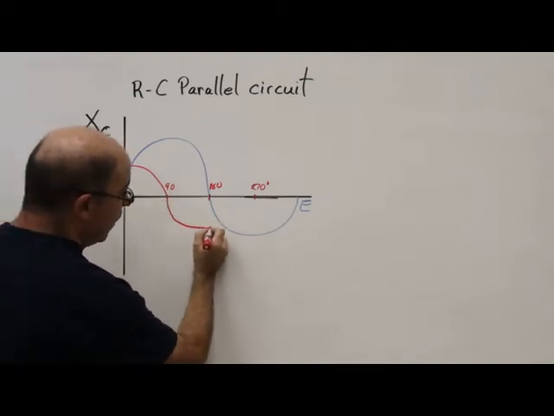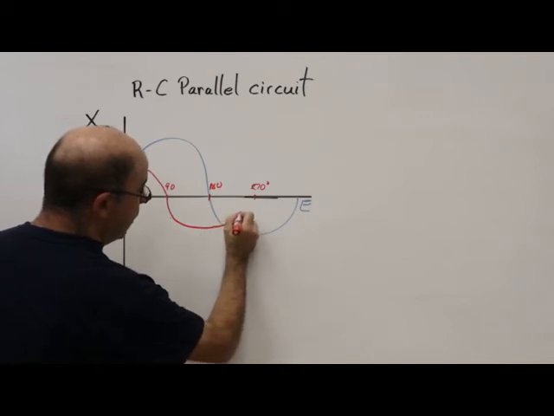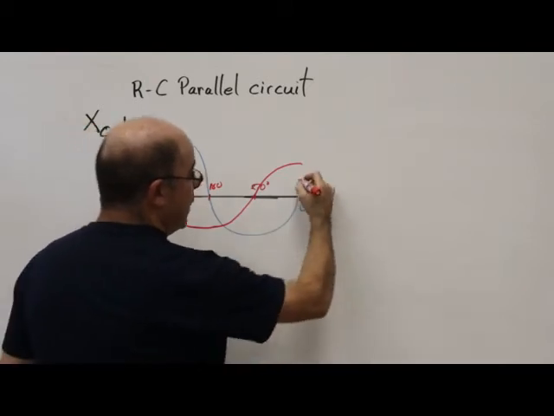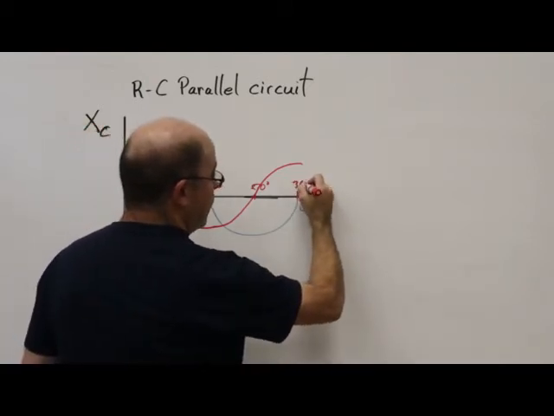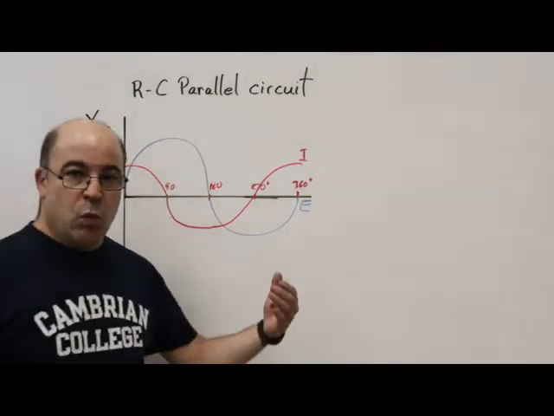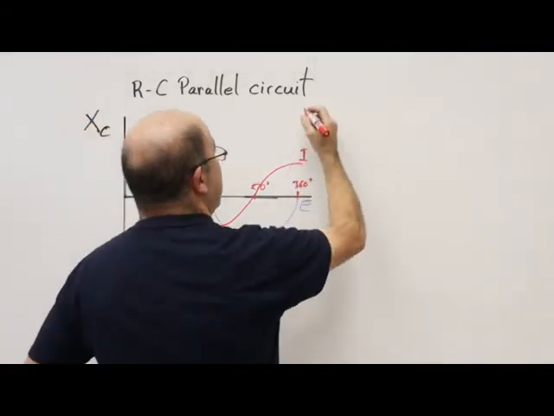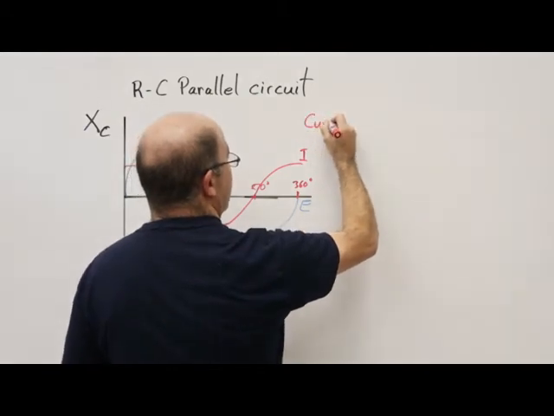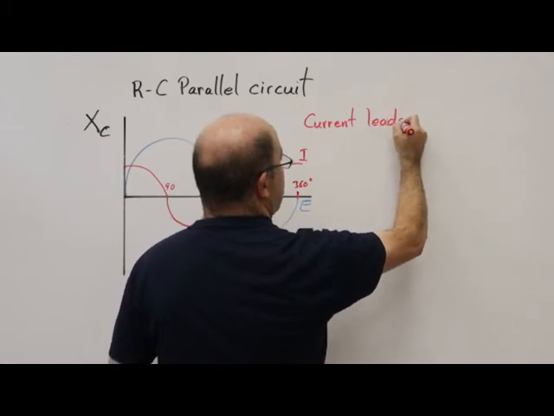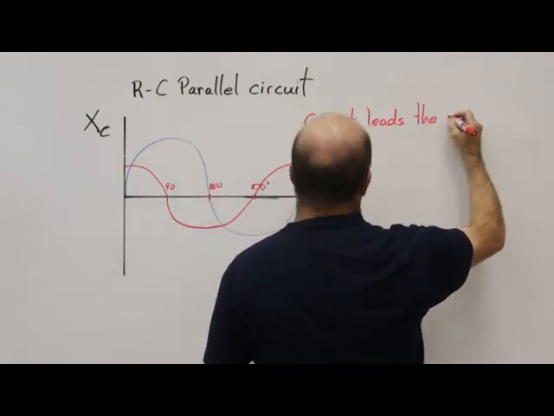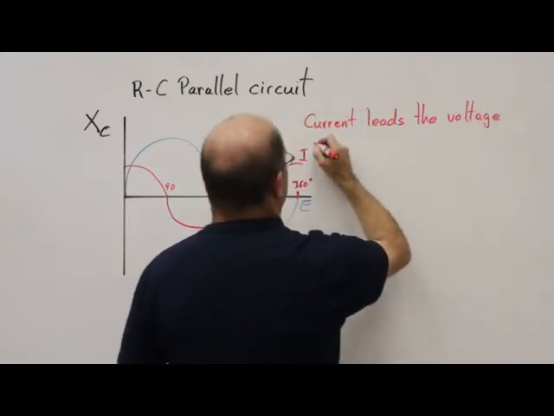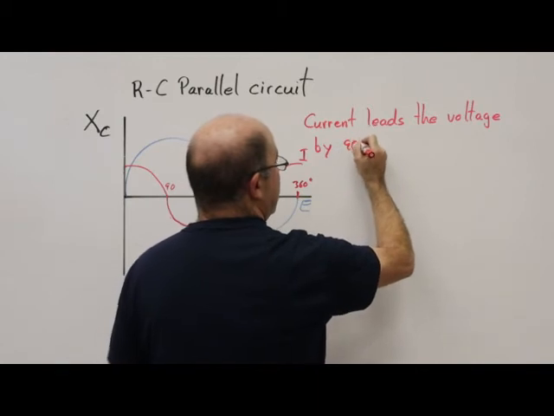It's going to peak at 180 degrees and then collapse at 270 and continue on the same trend even at 360 degrees. We're going to identify it. Also, we're going to spell it out, that current leads the voltage, which is stationary, by 90 degrees,